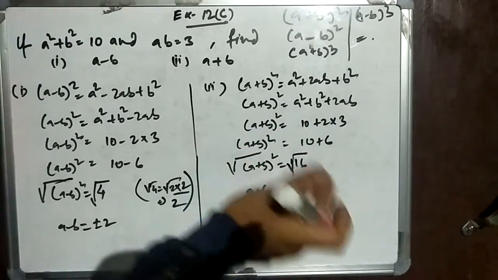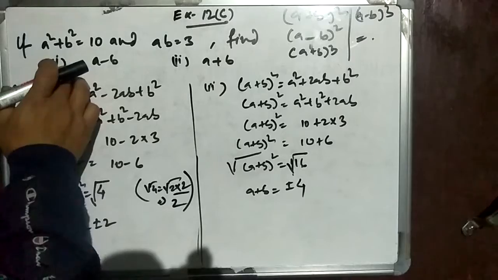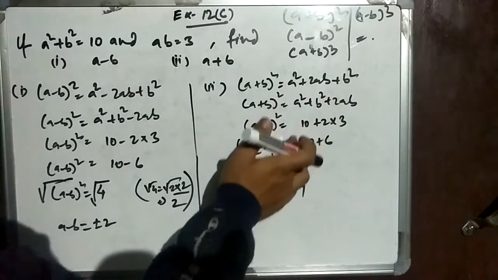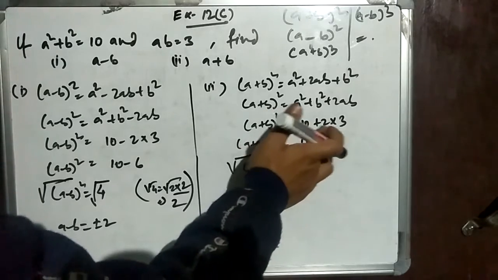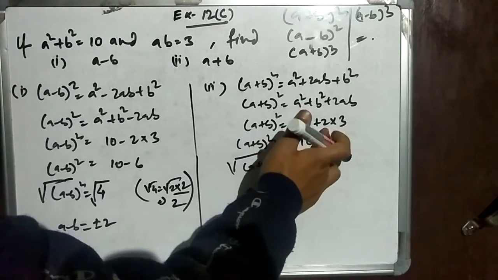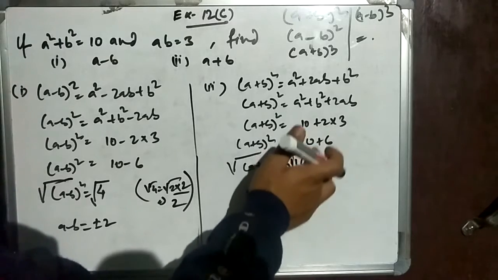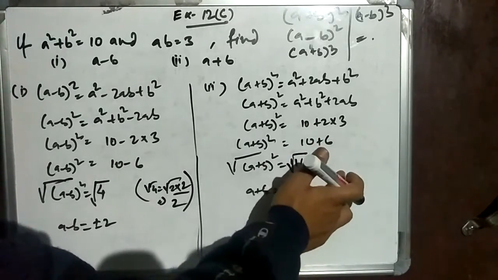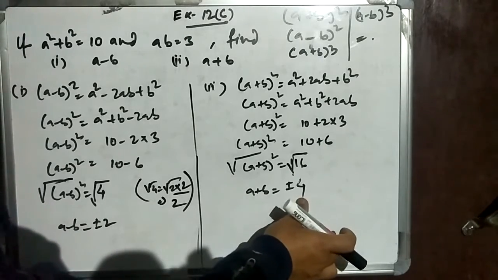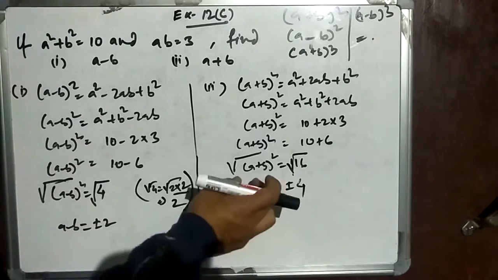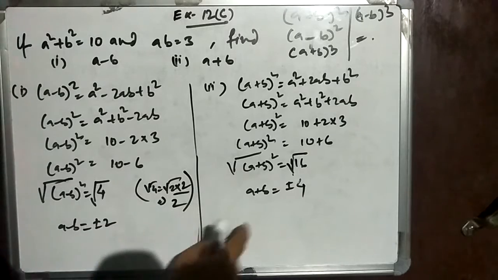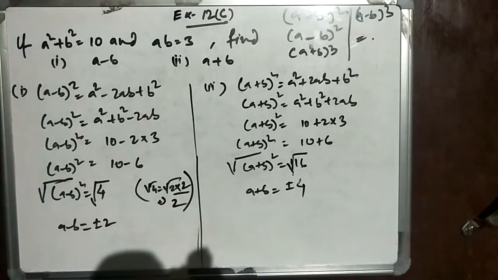Okay, so again we keep the formulas which are already given in the question, and the values given in the question, that is a square plus b square, that is 10. And ab value is given as 3, so 2 times 3 is 6, 10 plus 6 is 16. So the similar value again we can take out as 4, 4 squared for the 16, so the 4 we take out as common factor, and a plus b take out as common factor of this format. So altogether we have an answer: a minus b is plus minus 2 and a plus b equal to plus minus 4.